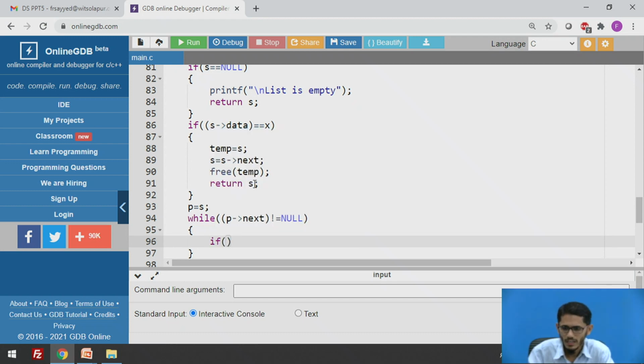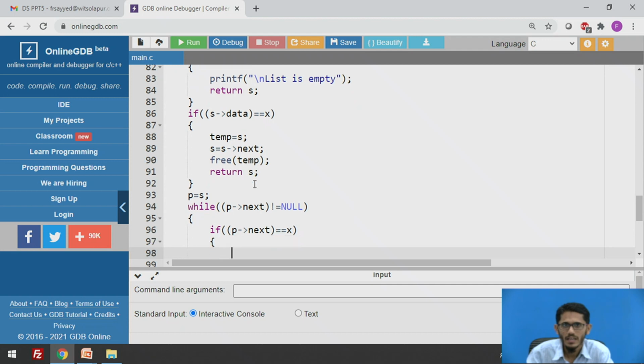I'll check if the data in the next node to which p is pointing is equal to x, in that case